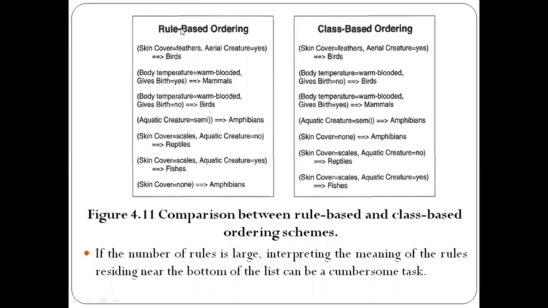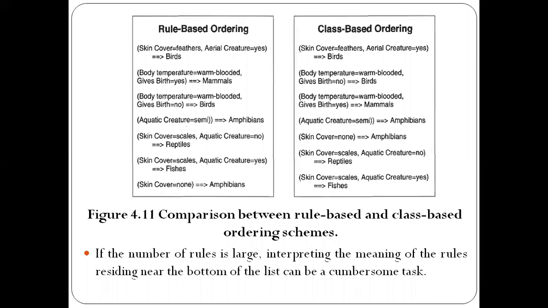So in case of rule based ordering schemes, we will be ordering each and every individual rule using some rule quality measure. According to that, we will be ordering the rules. Obviously, we will assume that high quality rules will appear first, and then low quality rules will appear at the bottom. One thing that is going to be ensured using this scheme is that every test record will be classified using a high ranked rule, or the best rule here. That is going to cover it.